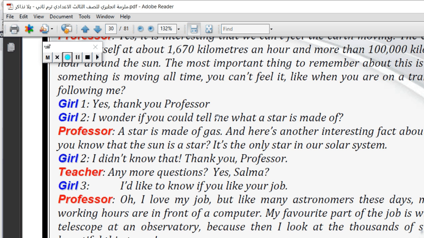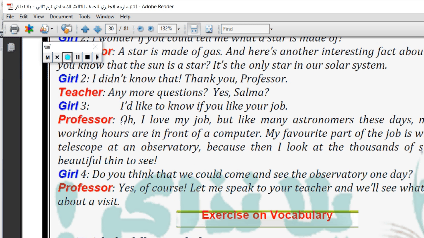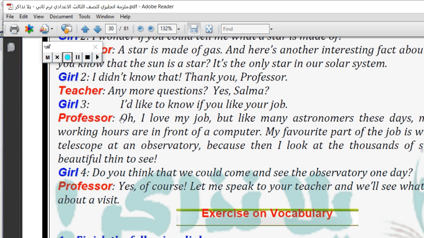Yes, Salma. Salma is the girl number 3. I'd like to know if you like your job. The professor: Oh, I love my job. But like many astronomers, of course, the astronomer is the person who goes into space to make a lot of discoveries. But like many astronomers these days, most of my working hours are in front of a computer.